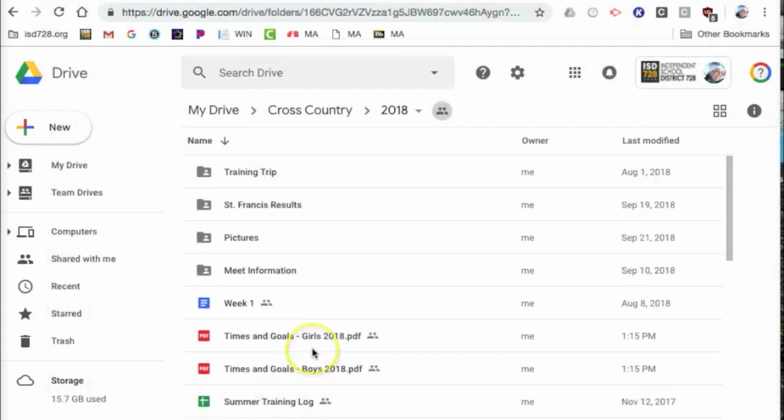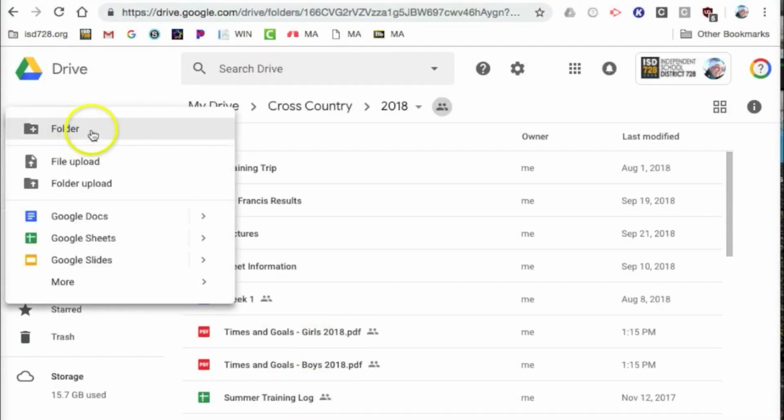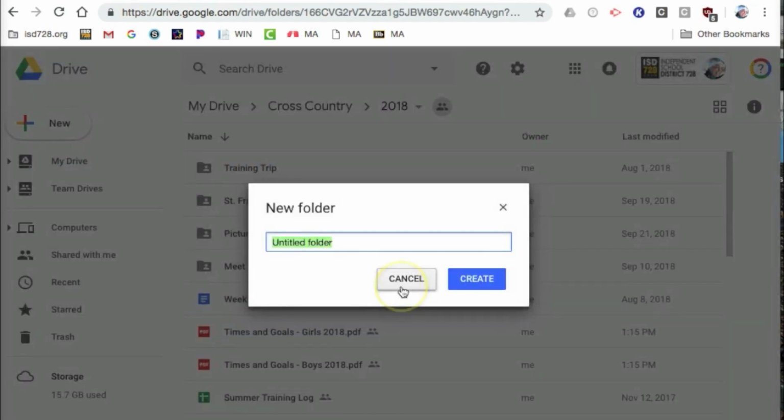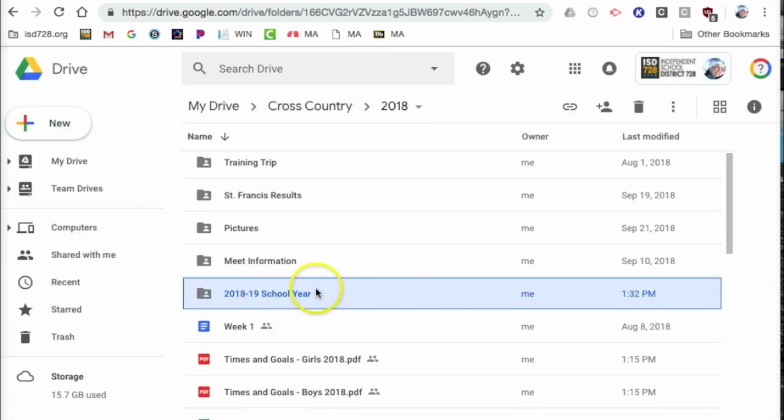So to create these folders, you want to go New, and oh, a folder. There it is. So I'm going to call this one 2018 school year. And you know what? It actually goes into the 2019. And if you make anything, you know, you might want to look back and use it later on in life. Maybe even when you're in college, you want to look back and review some of your old calculus notes. That is something that I've done, at least.